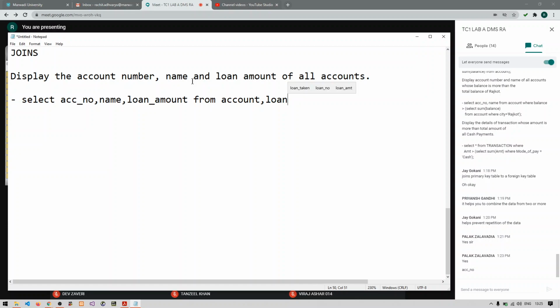It has to search for the account number column in the account table as well as the loan table. It will search for name in the account as well as the loan table. It will search for loan underscore amount in the account table as well as the loan table, right?